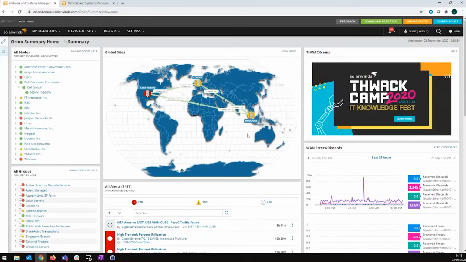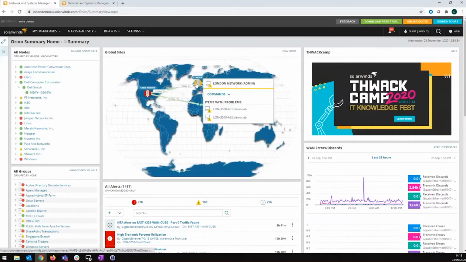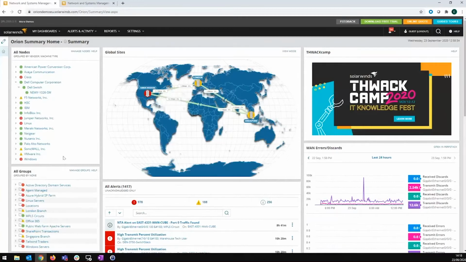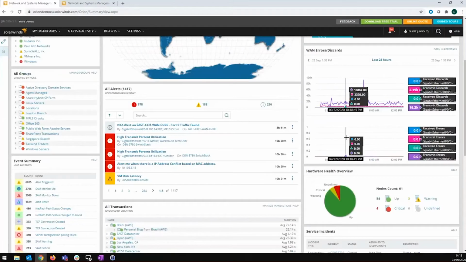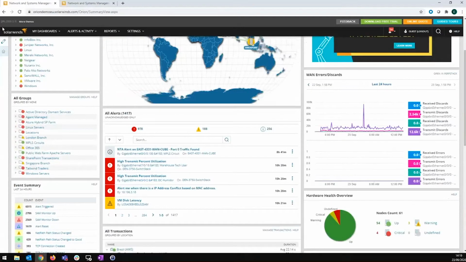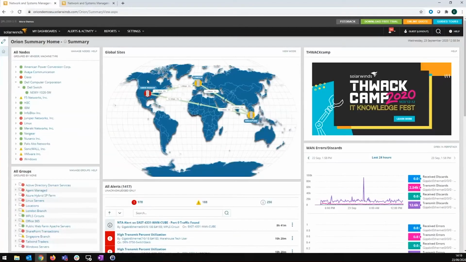You can also present information on maps. This is an example of the map showing our geographical location, again, with the ability to drill down and with the ability to show the status of the elements right here on the map. Again, same color coding. You can also show information in charts, graphs, tables, and so on. Again, there are a lot of capabilities in terms of customizing the presented information and showing it in a useful graphical way, which allows you to quickly pinpoint the issues and troubleshoot them more quickly.